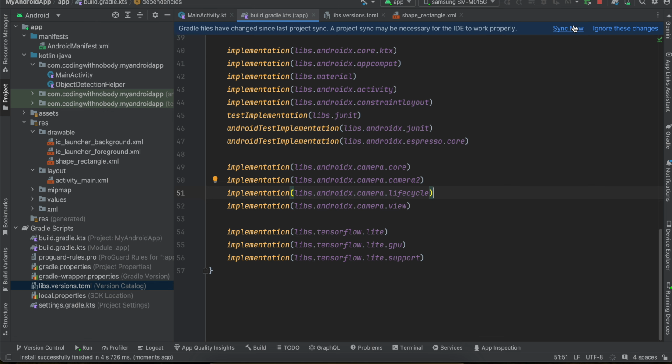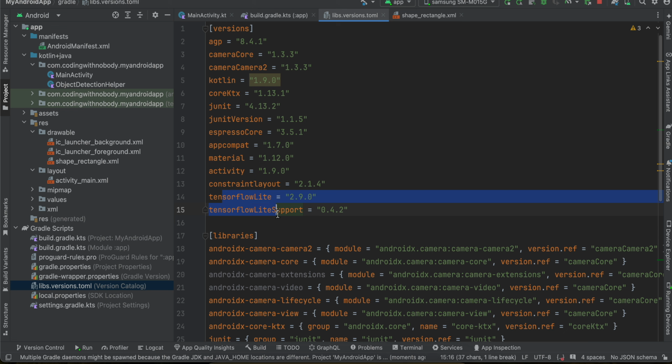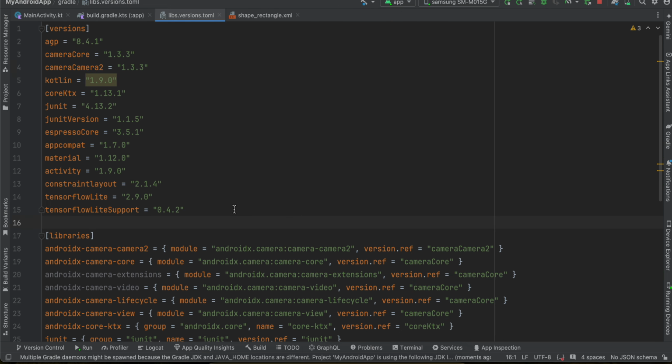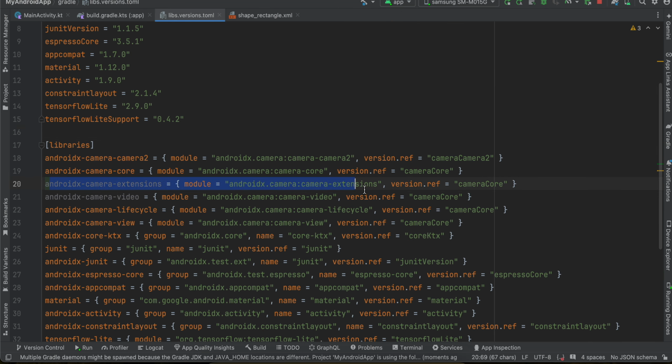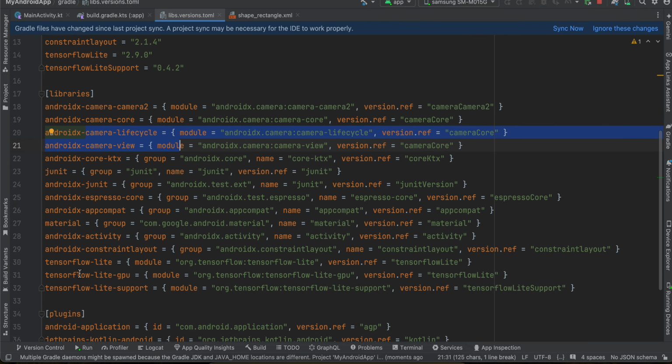Now if you go to libs.versions.toml, here I was telling you I have added TensorFlowLite as well as TensorFlowLite support. Here I have added camera core as well as camera 2. Add whatever version is the latest at the time of you watching this video. Then, we are not using this, so I'll just remove this. And inside libraries I have added camera 2, camera core. You will have to add all this stuff. And here I have added camera lifecycle as well as camera view as well. And here I have added TensorFlow